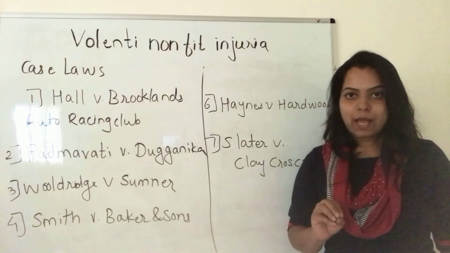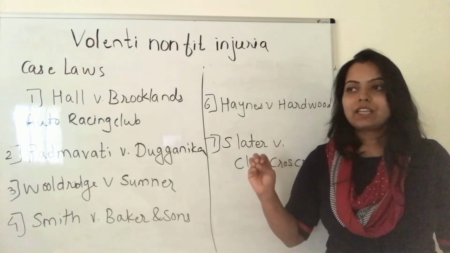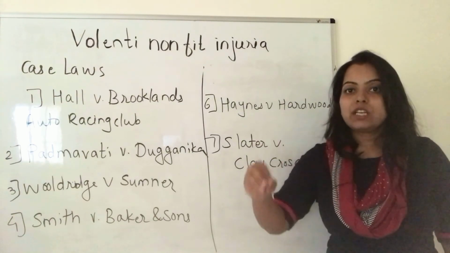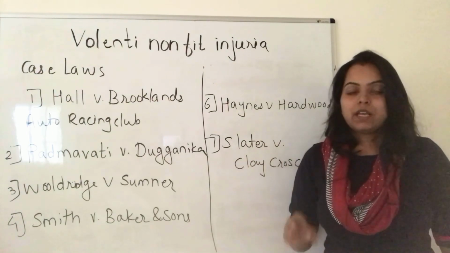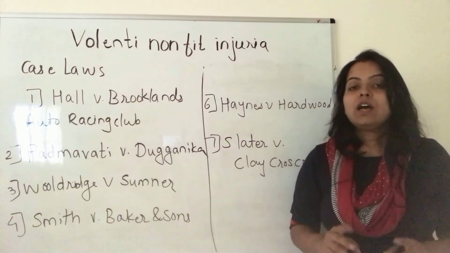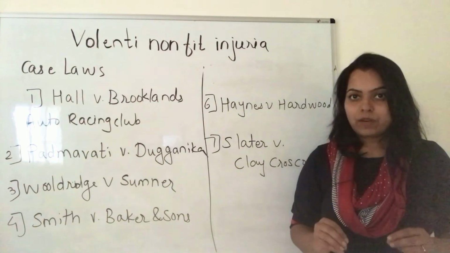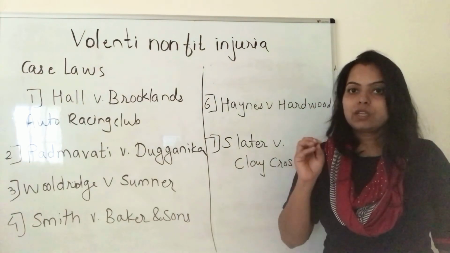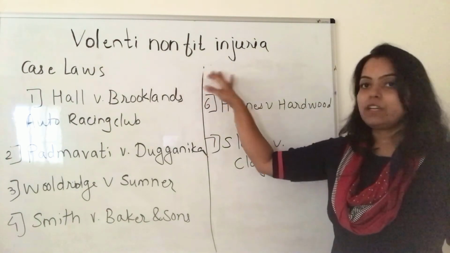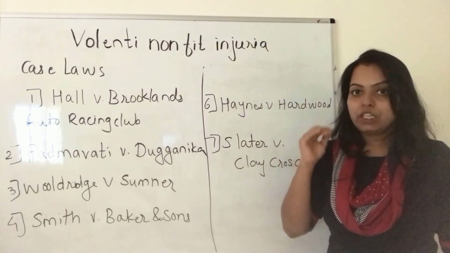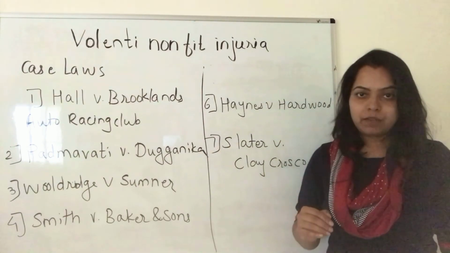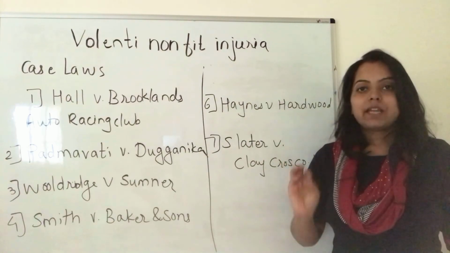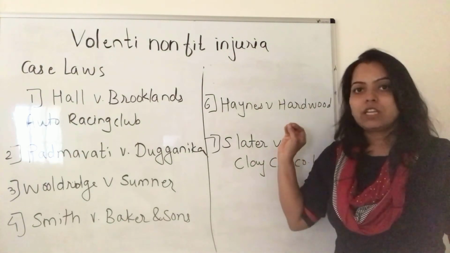In this case, what happened? The plaintiff was walking in a tunnel of a railway company, and a train came and he got injured because of the train. In this case, there was a rule that the driver of the train has to blow a whistle in the tunnel, but he didn't do that. So this maxim volenti non fit injuria is not applicable, and the defendant is under a duty to pay the plaintiff.